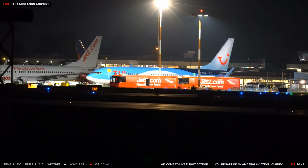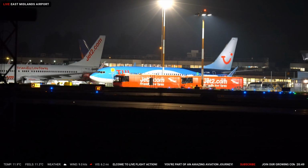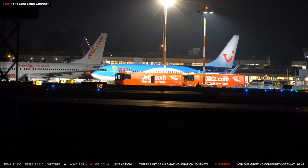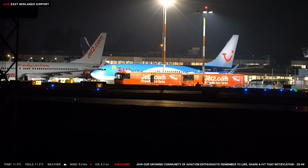Whoops. There we go, hopefully that's brought it into a bit of a better focus. The 757 just about to pass by us as well. So I think with the 757 rolling towards us, we'll just watch that one pass by and then we'll end